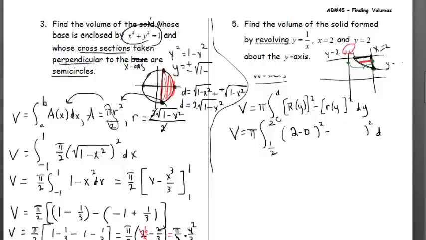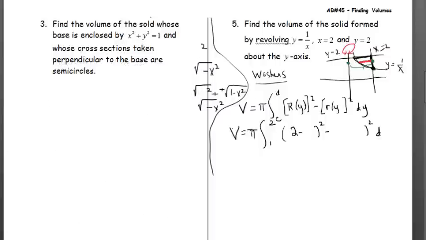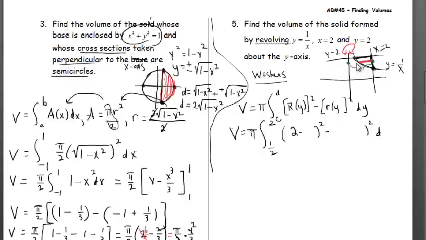Your inner radius, standing back on the axis of revolution, looking towards the rectangle, your inner radius is going to be the shorter distance here. That's going to be the radius of the hole. So to find this length, to calculate it, if we want to know what that is, it's going to be